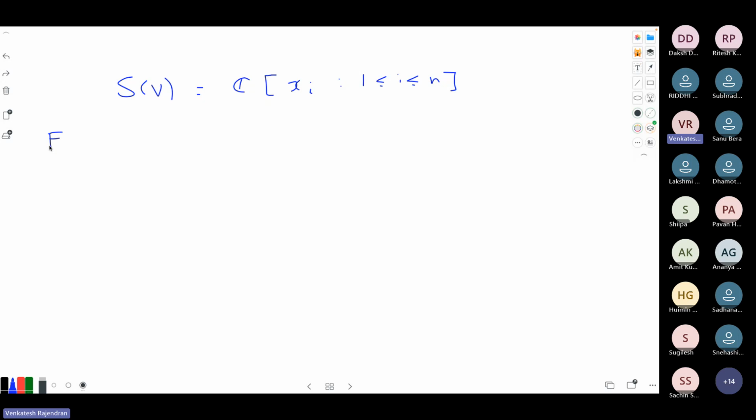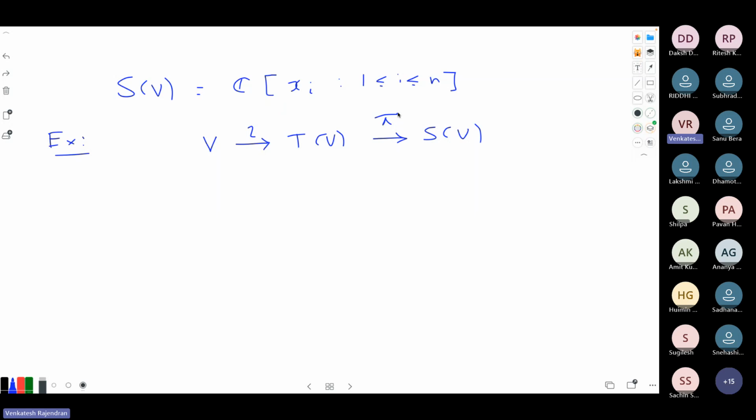Again, I will leave it as an exercise. This is not very hard. So you have the same picture. There is this V, which is sitting inside this T of V, and then you have the quotient map from T of V to S of V. This is iota and this is pi.